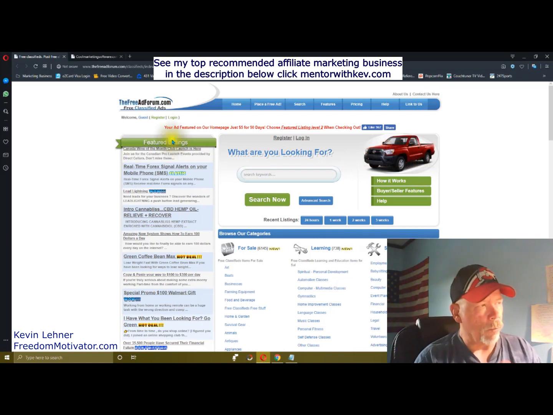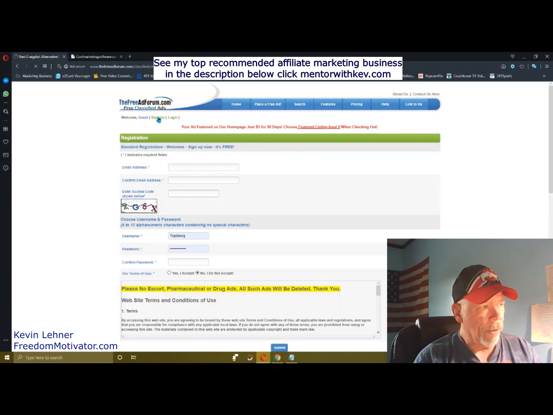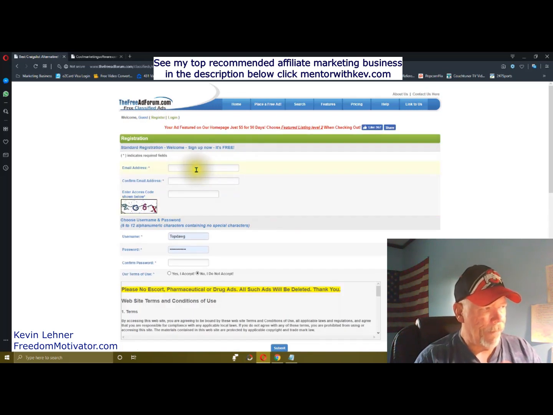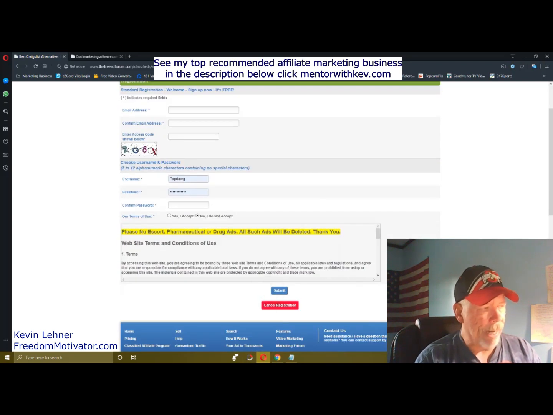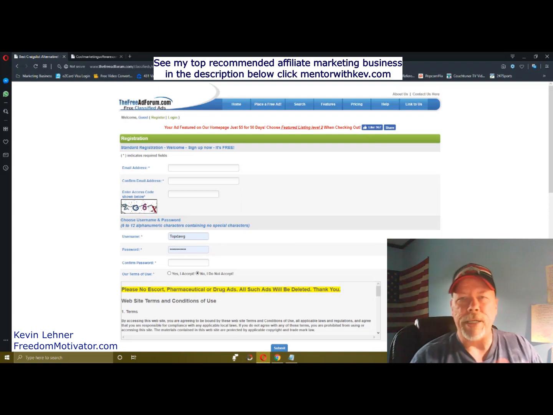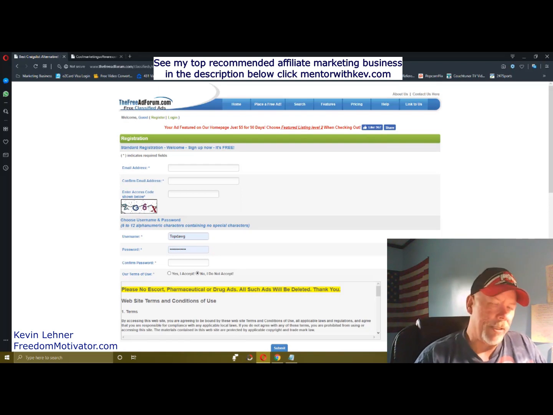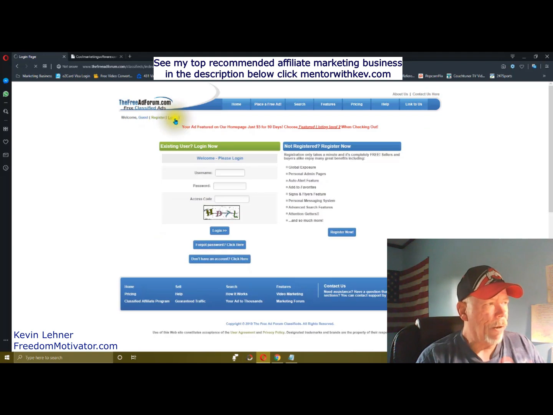freeadforum.com. You want to click on register first and register your account. When you click on register, they're going to ask you for your email address, and you want to confirm it, and then enter the little CAPTCHA, put in a username and a password, accept the terms, and then click submit. They're going to send a confirmation mail to the email address you entered, and you'll need to confirm your account. Once you get that done, then you can log in, and I'll go ahead and log into my